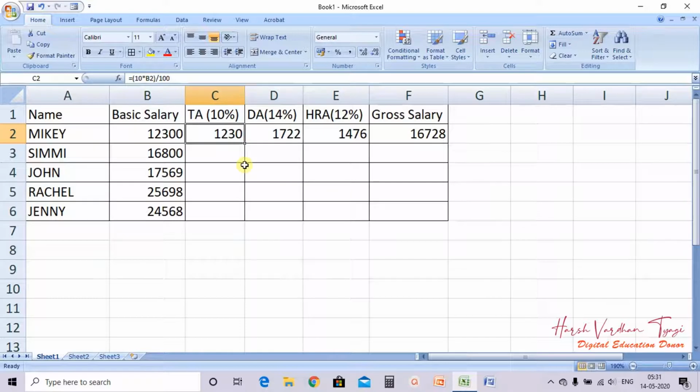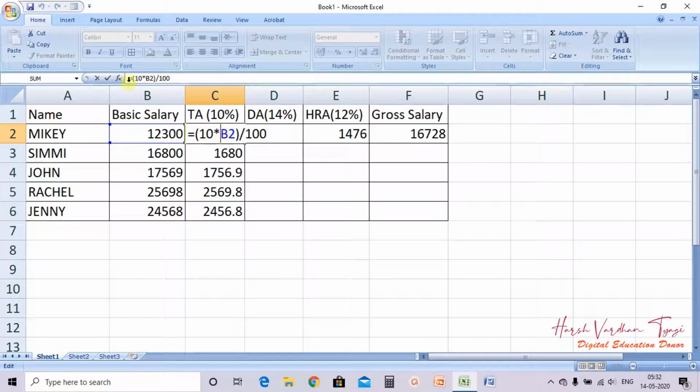Or let me copy it, Control C and Control V, Control V, Control V and Control V. Now see, for every cell the value is different. Now see, in the first cell, the formula we have written is 10% of basic: 10 into B2 divided by 100. Clear? Now in the next cell it is B3.